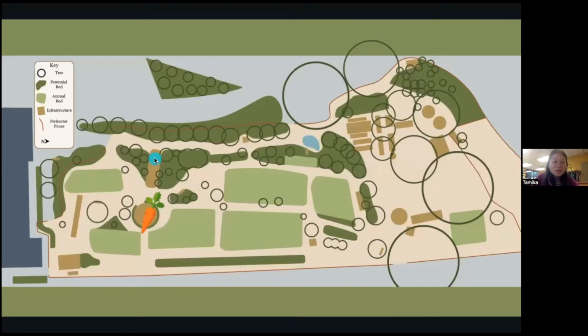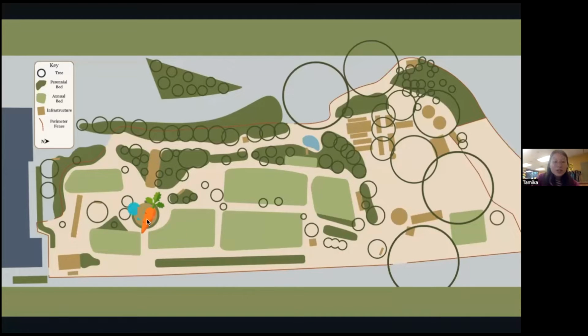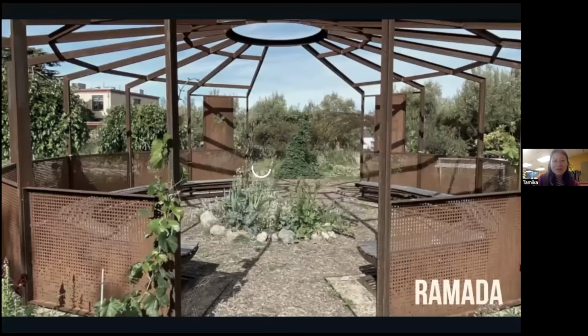To move through our space, we'll be using this map so you can imagine that you're here. And this little carrot is going to be our guide. And so we're going to start our tour here on the map at the Ramada. So here you are in the Ramada,